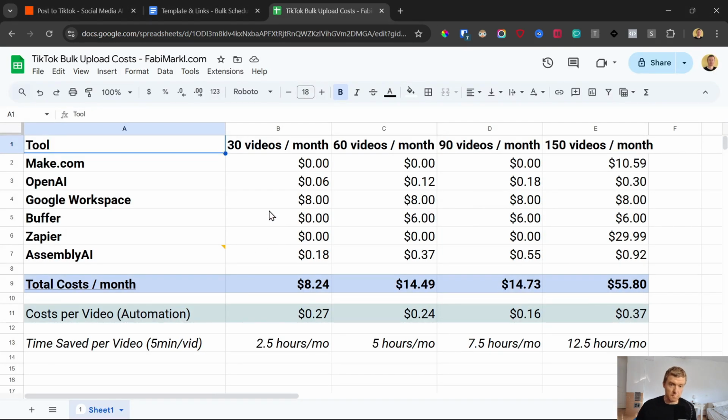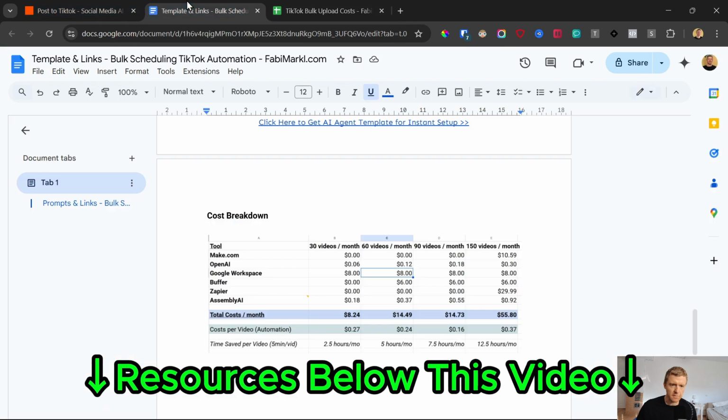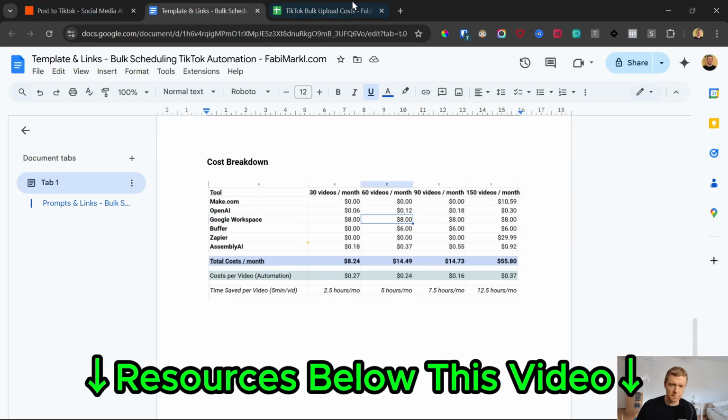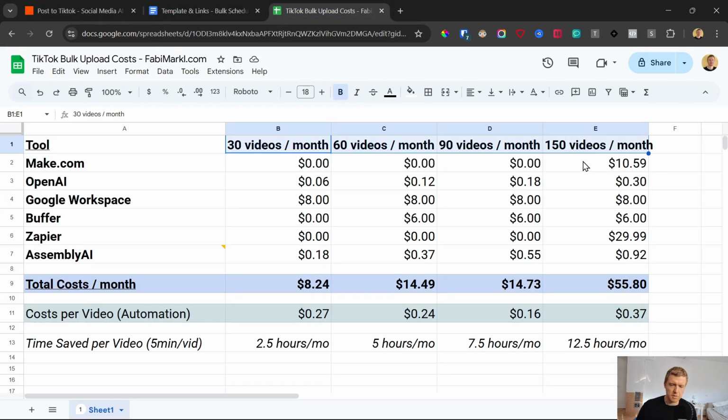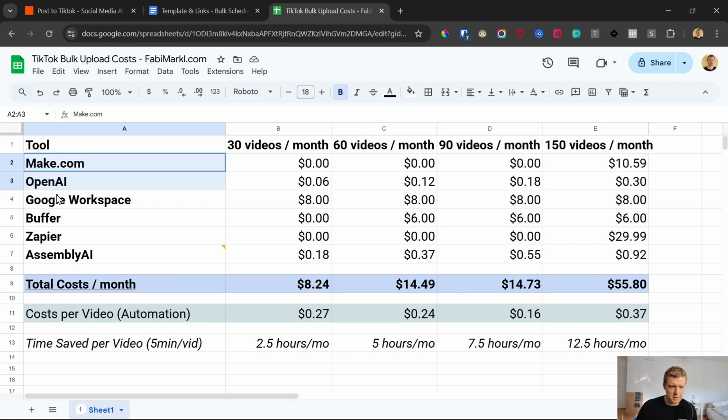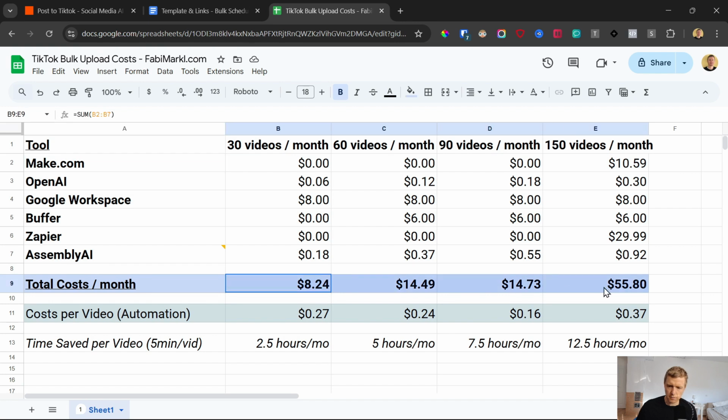Now that the automation is working and running for you, the big question is, how much does it actually cost? So I give you an overview here of the pricing, which you also find in this document in the resources. I made 4 different cases: 30 videos a month, 60, 90, and 150 videos a month scheduled through this automation and published. And here are the different tools that we are using in our automated process. And here's the total sum of what it will cost you based on the usage of these different tools and their corresponding pricing. So if you upload 30 videos a month, it will cost you only about $8 because